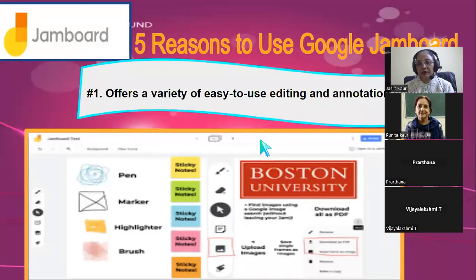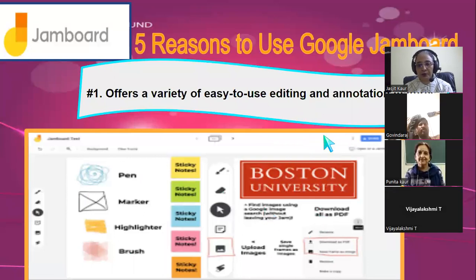Now, what are the five reasons to use Google Jamboard? First of all, it offers a variety of easy to use editing and annotation tools. As I have told, these are all the tools we are having, and we can use multiple tasks on it. We can use the editing and annotations on it also. Next is there